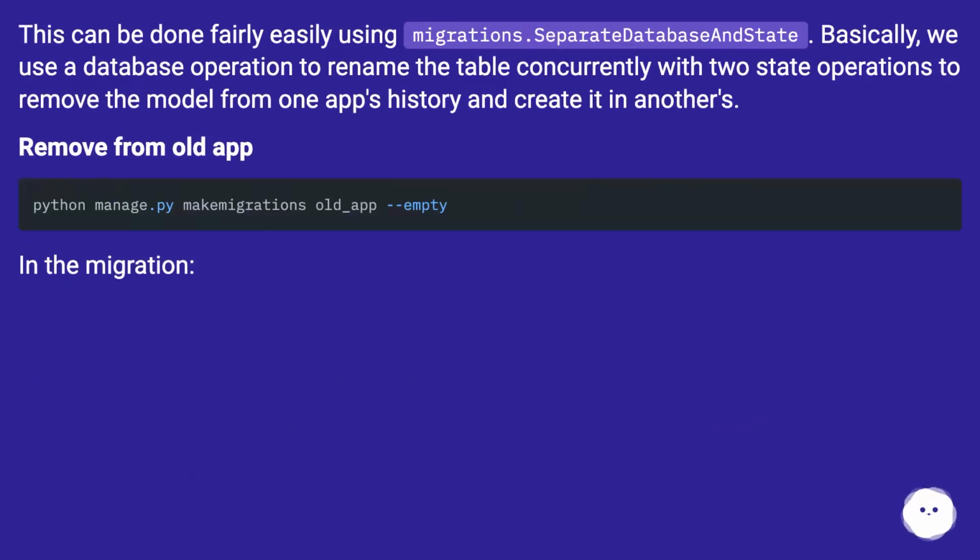This can be done fairly easily using migrations.SeparateDatabaseAndState. Basically, we use a database operation to rename the table concurrently with two state operations to remove the model from one app's history and create it in another's. Remove from old app. In the migration,